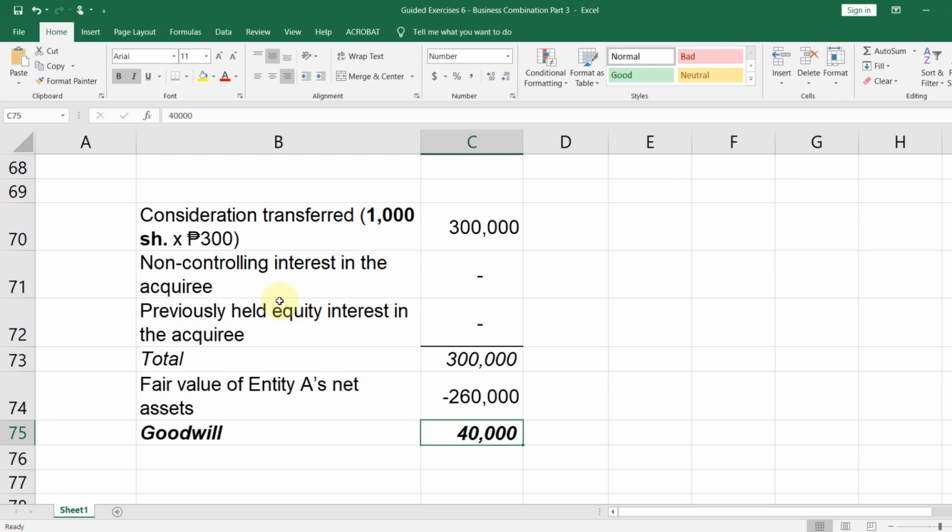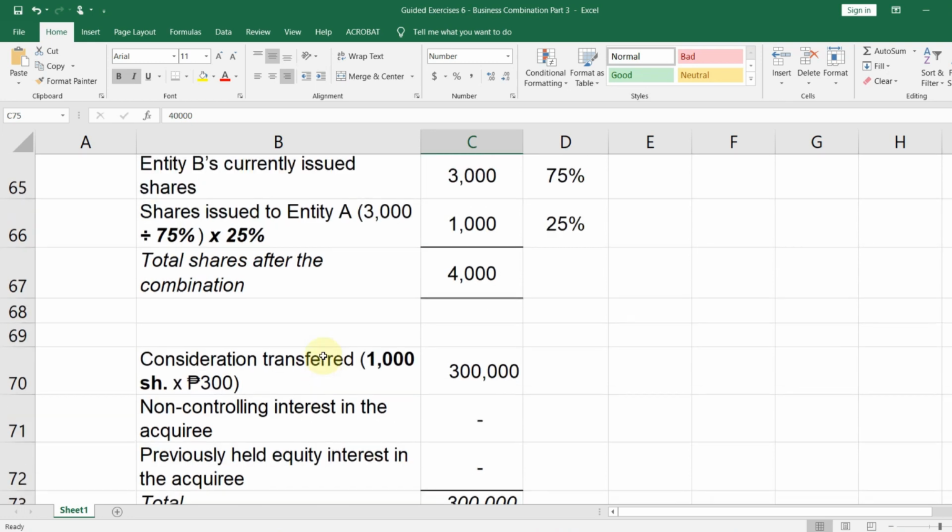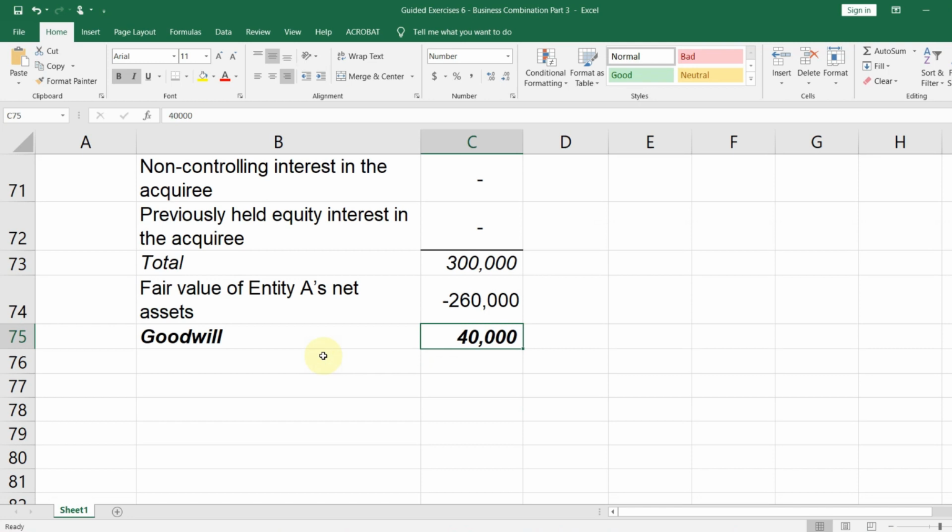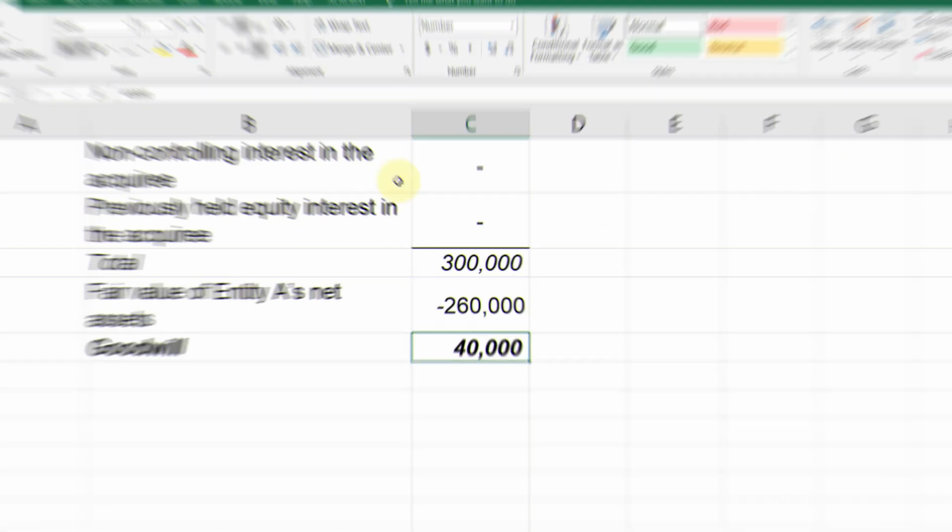This ends our long discussion on business combination. After midterms, we'll be discussing the long discussion on consolidation of financial statements. So, let's rest a bit because it's also a bit painful for the brain. But let's love accounting. Okay? Bye-bye, guys!